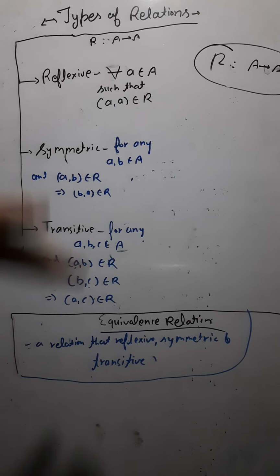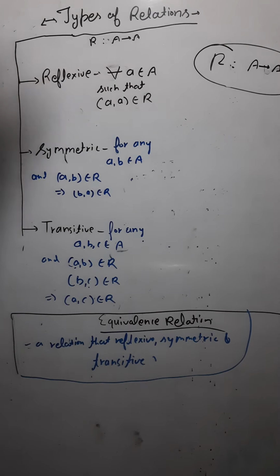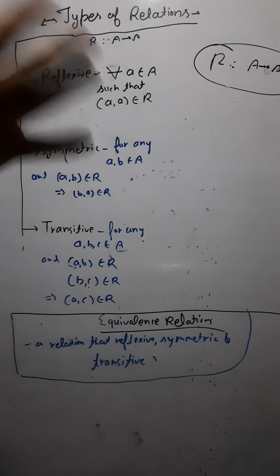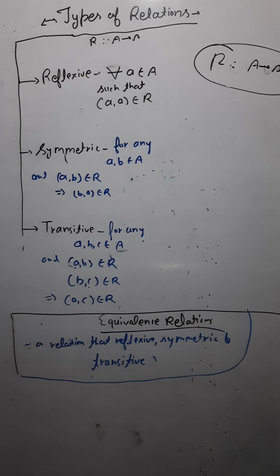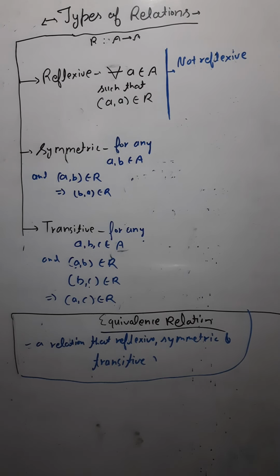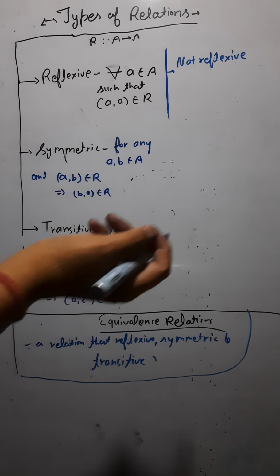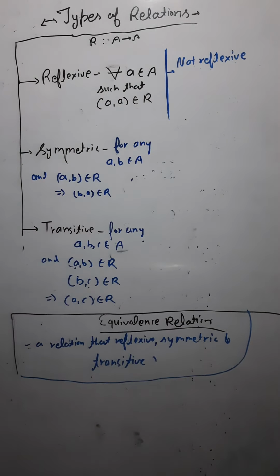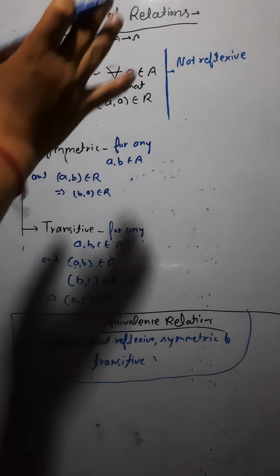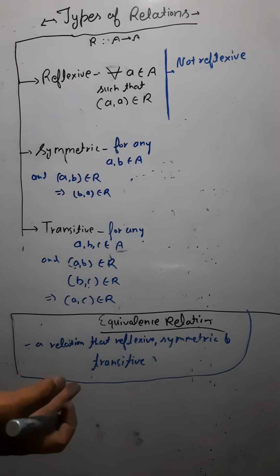So which relation is not reflexive, which relation is not symmetric, which relation is not transitive, means the opposite conditions I am going to tell you now. Okay, just note it down before that. Now which relation is not reflexive? Where you have not a doublet of an element, then you would be calling such a relation not reflexive.